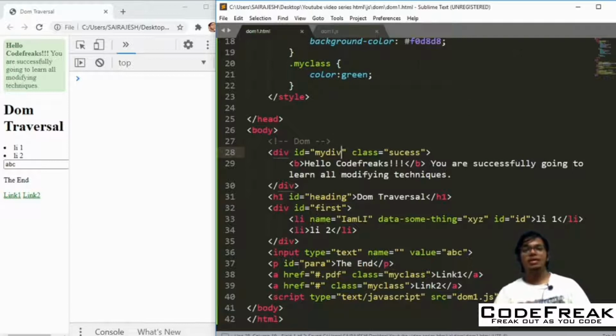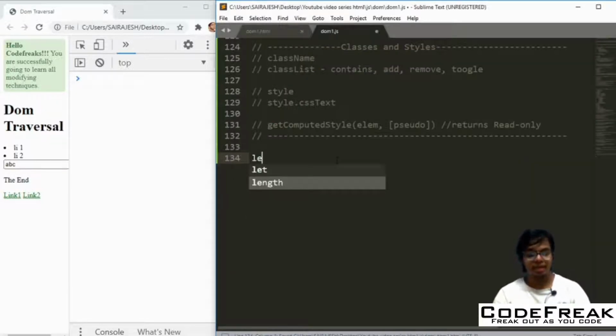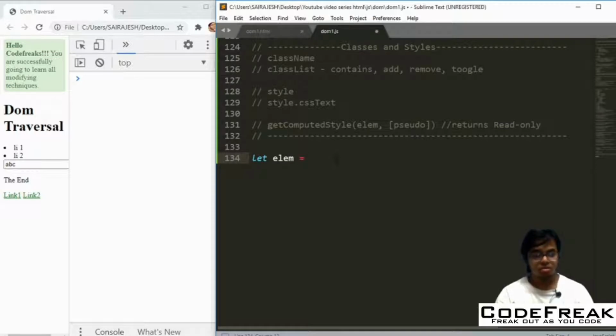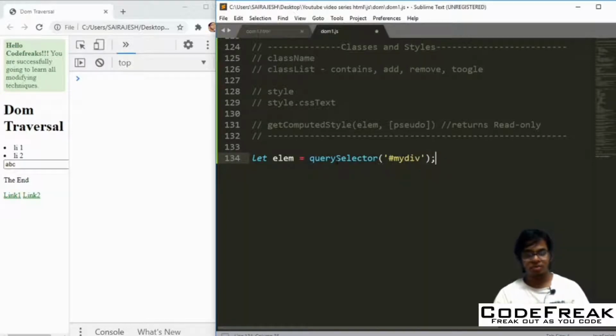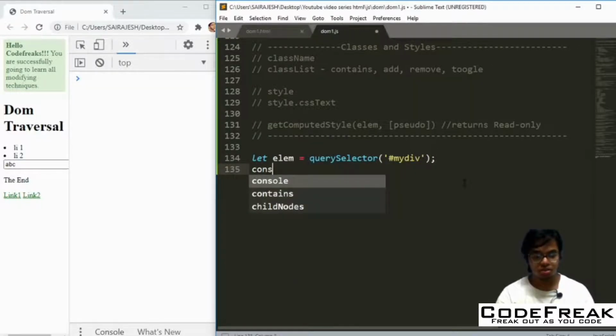That's fine, right? Now let me use a querySelector and get this into my element. I'm going to choose it with an id, right? So myDiv. Perfect. Now let me just console.log this out.